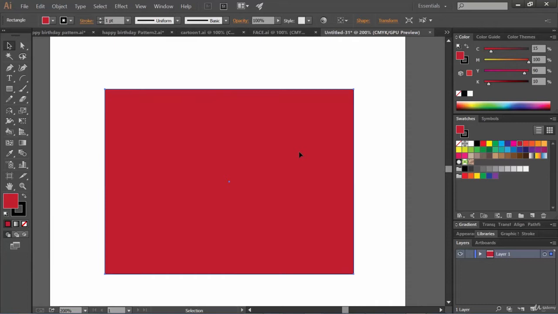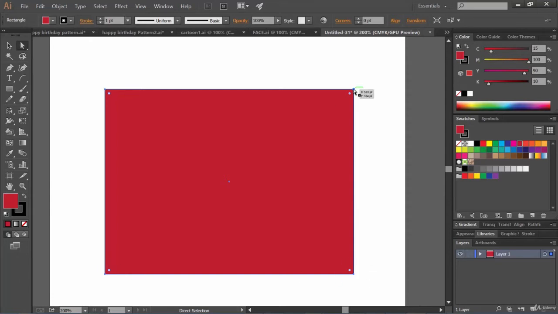Now if you take a closer look at this rectangle, you will notice that it consists of 4 lines. That's simple, right? But take a look at these endpoints. You will see some dots, right?